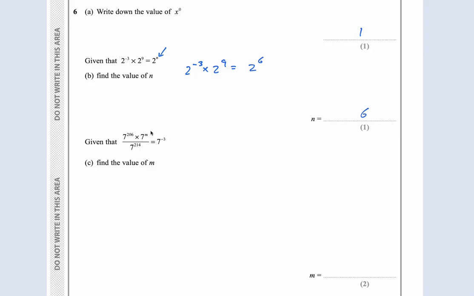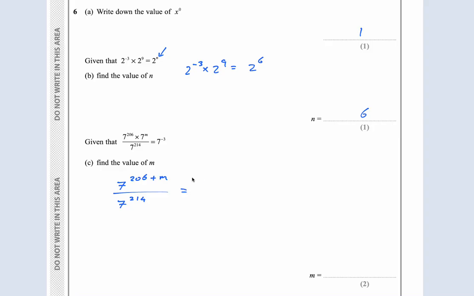If I just look at the powers, because we're multiplying the top, that means I add the powers. So I can say 7 to the power of 206 plus m over 7 to the power of 214